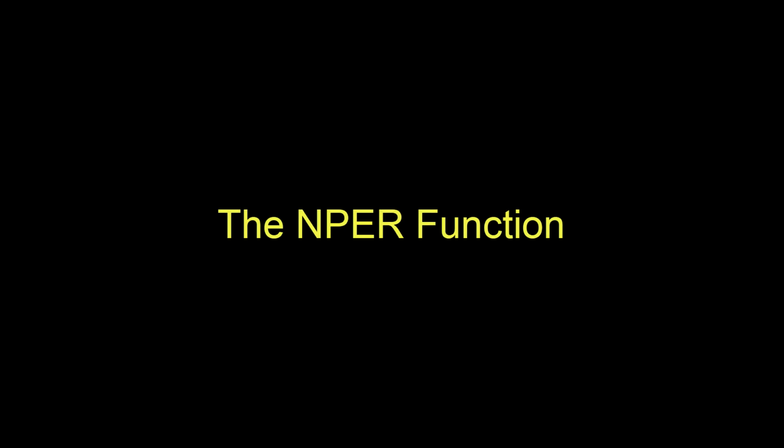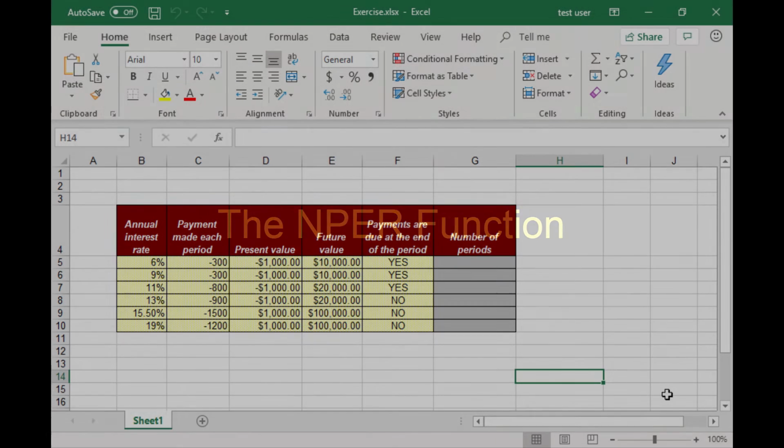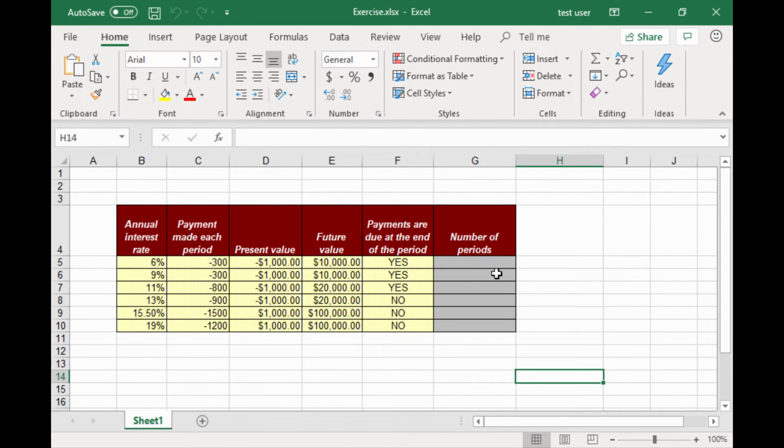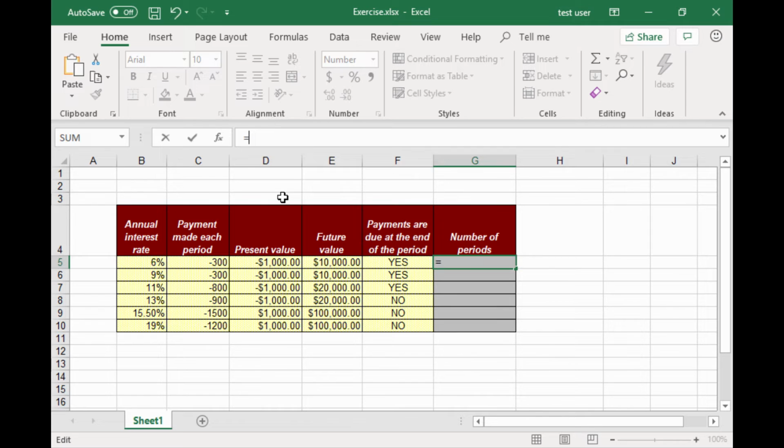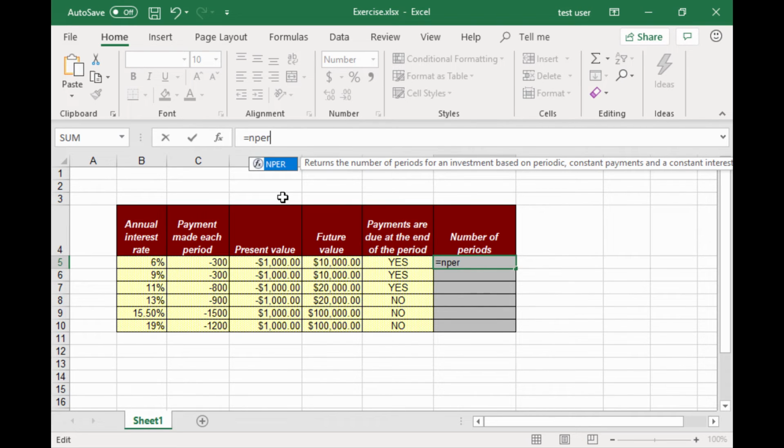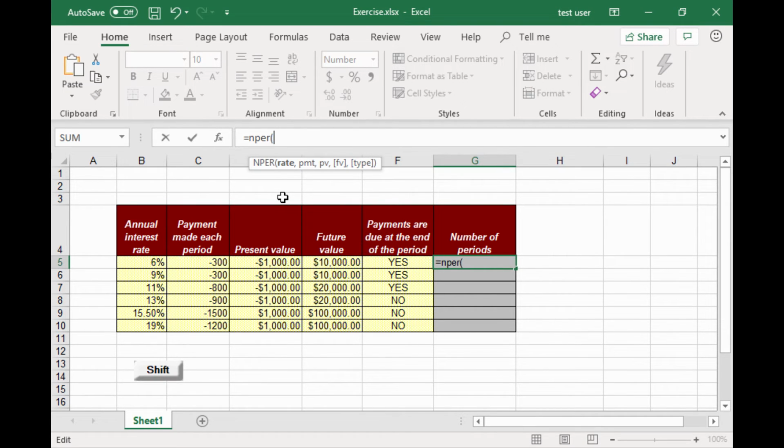Excel provides numerous financial functions. The syllabus specifically mentions 2 of them. The NPER function is a financial function that returns the number of periods for an investment. You can use it to get the number of payment periods for a loan or investment given the amount, the interest rate, and periodic payment amount.